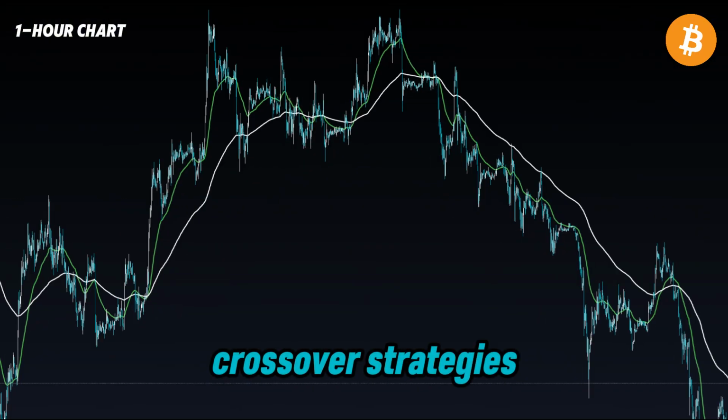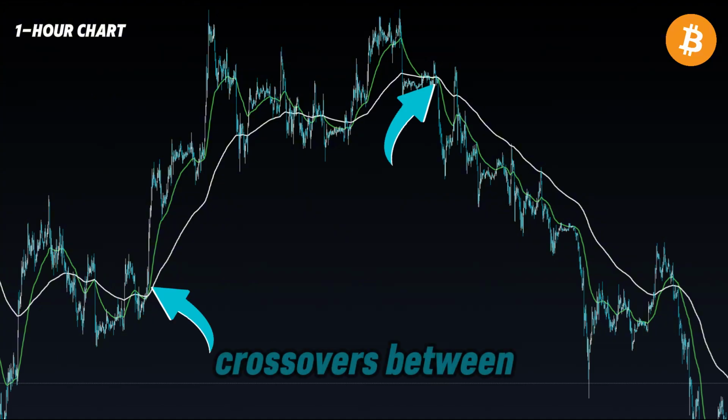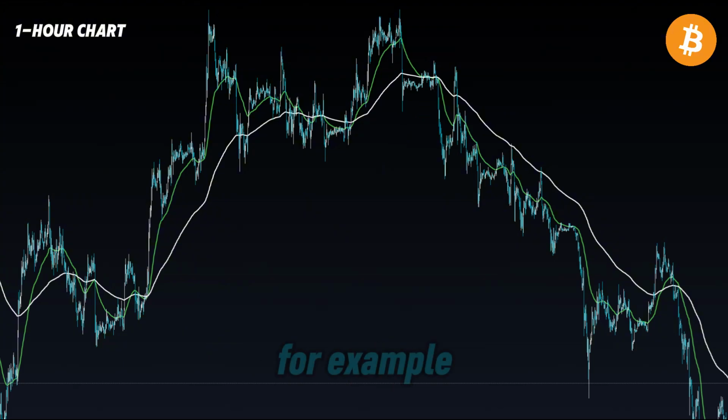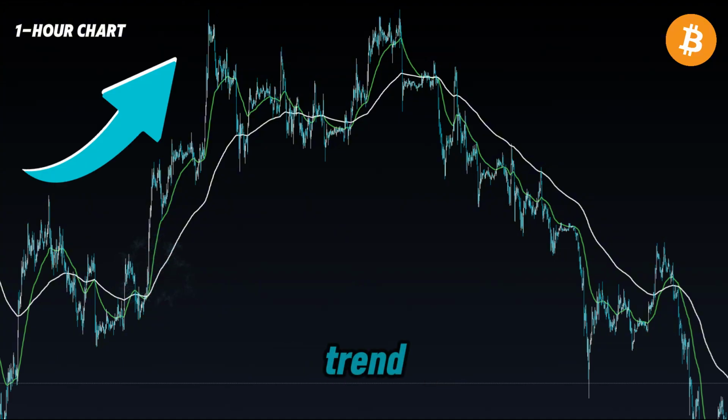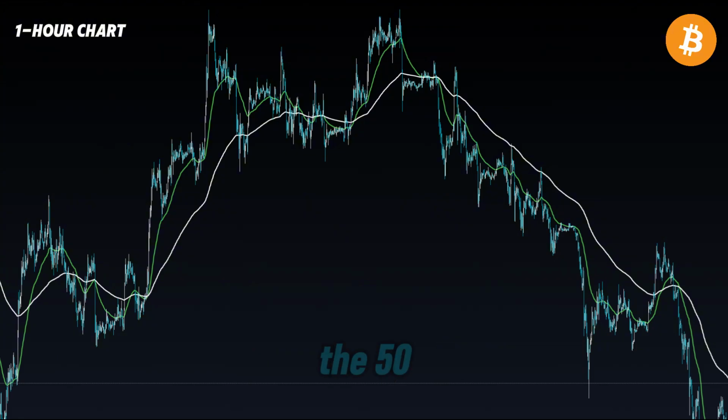Crossover strategies. Traders often look for crossovers between shorter and longer EMAs as potential signals for entering or exiting trades. For example, when the 50 EMA crosses above the 200 EMA, it forms a golden cross, which may signal a strong bullish trend. Conversely, when the 50 EMA crosses below the 200 EMA, known as a death cross, it might